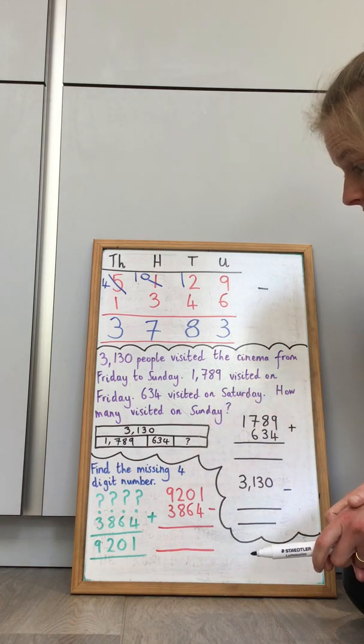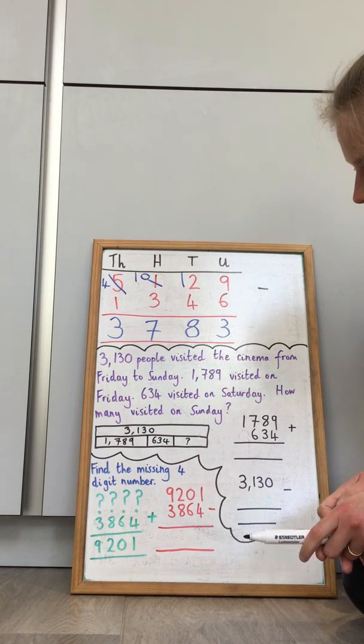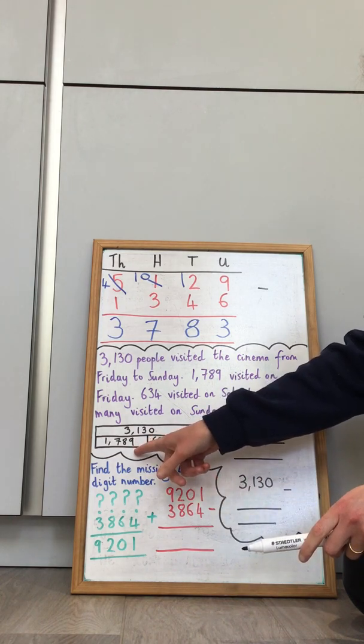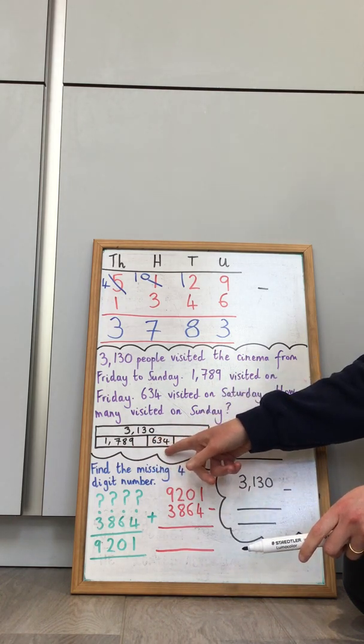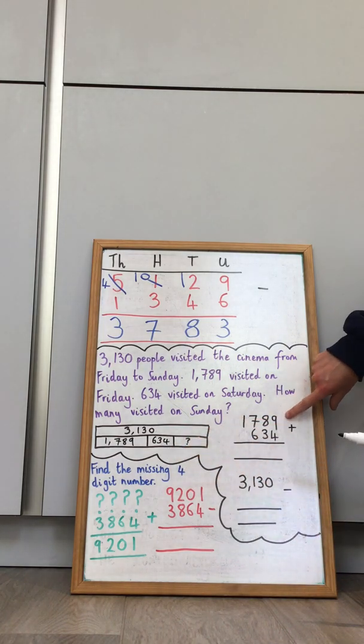Now, in order to be able to solve this, there are 2 parts to this problem. What I'm going to do is add up the number of visitors on Friday and the number of visitors on Saturday first of all. Okay, so here's my sum,